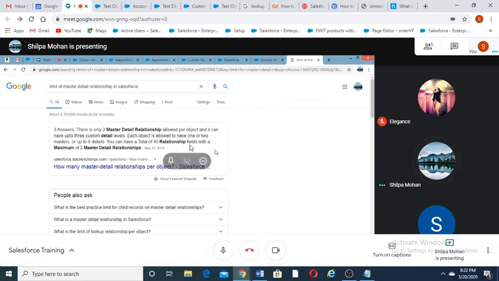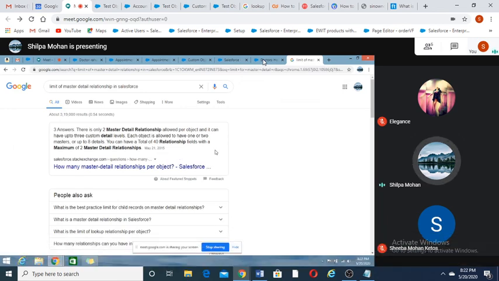Okay, so this one they will ask you as an interview question, like in a single object, how many. This varies from org to org. This is developer edition, so companies will use enterprise edition, and some large companies will use unlimited editions.